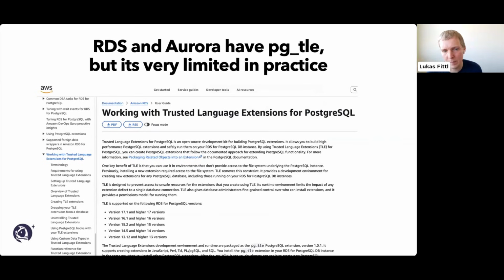RDS and Aurora have tried to make it more extensible, right? So I want to give credit to the teams for trying. Trusted Language Extensions is a feature that has existed for multiple years now. The Postgres extension mechanism supports some complex things like PostGIS or Citus or Timescale, but there's also a way to use Postgres extensions to just package schema and function things